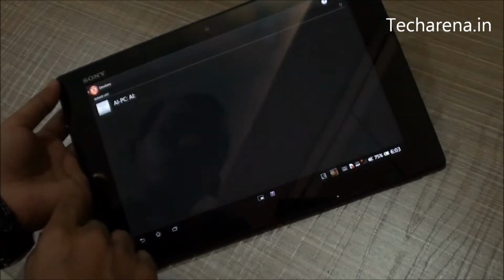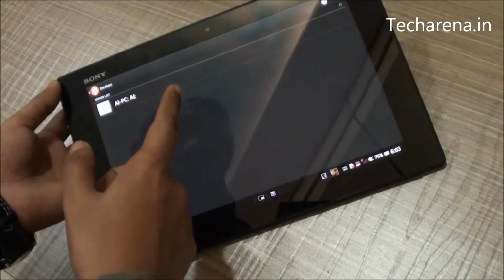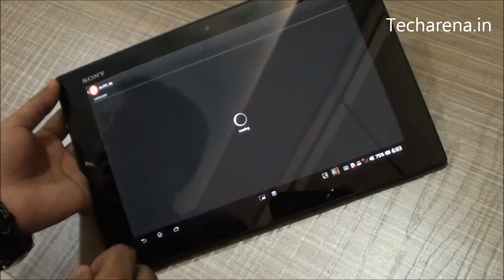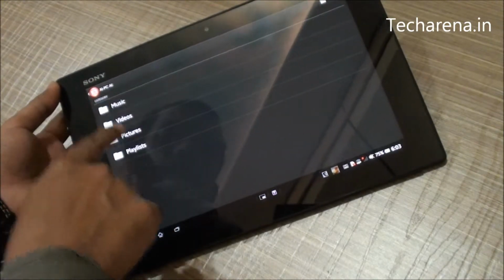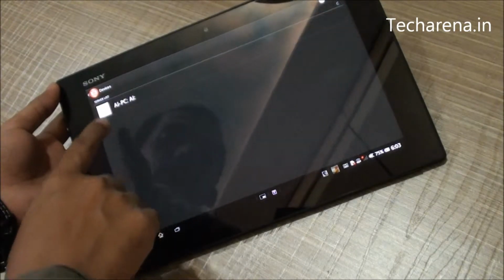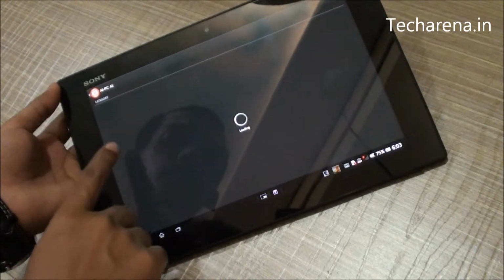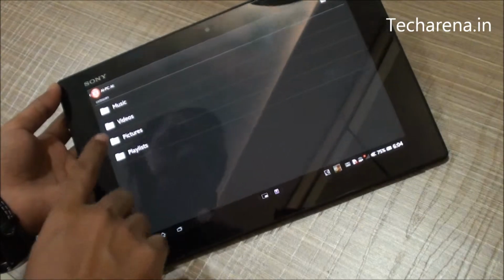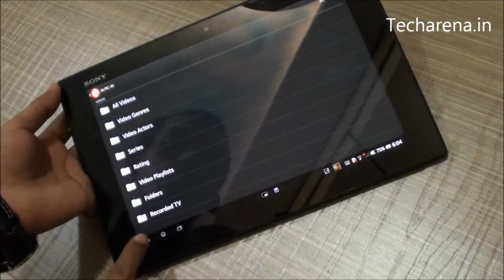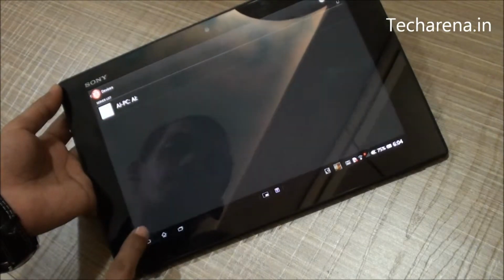There's a devices option also available where you can connect to a PC, a shared storage on your network, or you can connect to a DLNA server, etc. You can see whatever file is shared on a PC, it appears in the devices section, and you have to tap on the default things. It works on Wi-Fi, so you require a good bandwidth here to play all the videos. You can also access your media server through this.